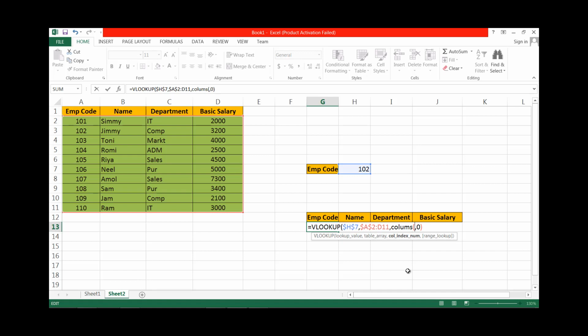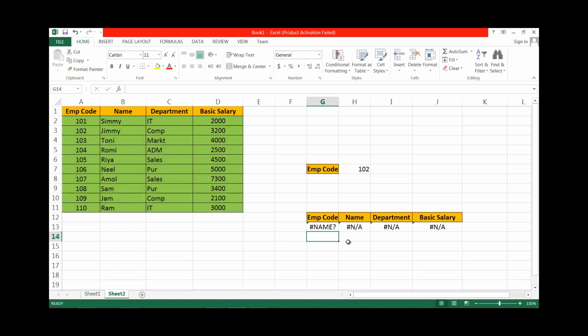Within the COLUMNS function, we want columns from A2 to B2, close the bracket, and then exact match. Because A2 to B2 always extracts column 1. But here also, we want A2 to be a locked cell because we want to count columns from A2 to D11. Therefore, press enter.